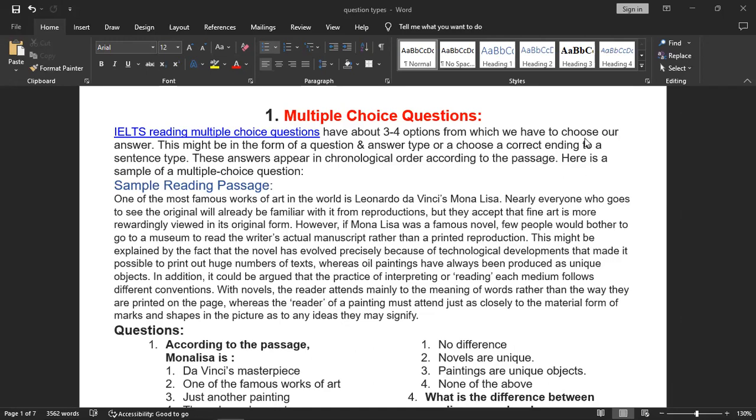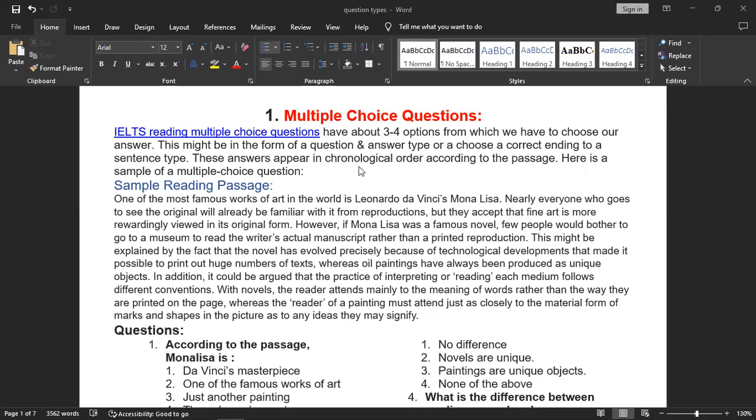সোজা কথা হচ্ছে এটা। So multiple choice হচ্ছে এরকম। So IELTS reading multiple choice questions have about 3 to 4 options from which you have to choose your answer. This might be in the form of a question and answer type or choose a correct ending to a sentence type. তার মানে multiple choice questions আপনার অন্যভাবেও ফর্মে থাকতে পারে, বাই question answer session এরকম টাইপেরও হতে পারে, অথবা choose a correct ending, মানে এই সেন্টেন্সটার কারেক্ট এন্ডিং আপনার এই অপশন গুলো থেকে কোনটা যাবে।